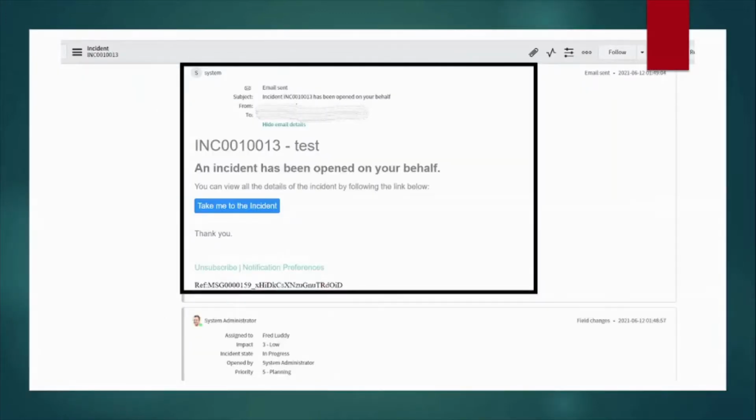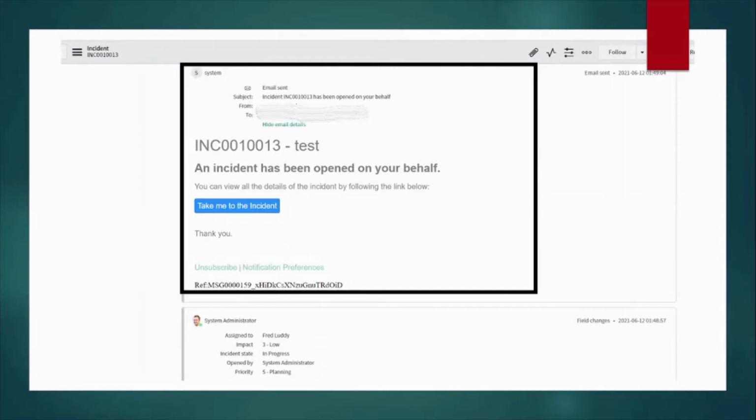After sending that outbound notification, it reaches the third-party tool. First of all, an outbound notification is whenever we send a notification from ServiceNow to another third-party tool.